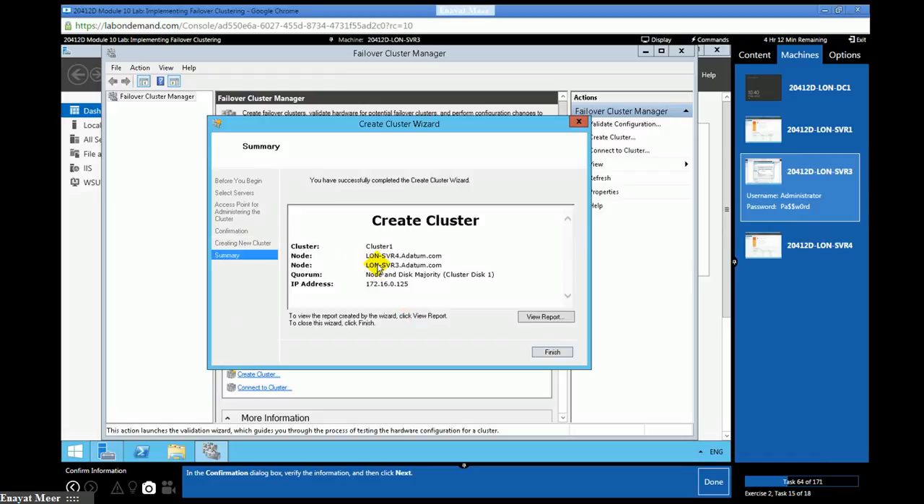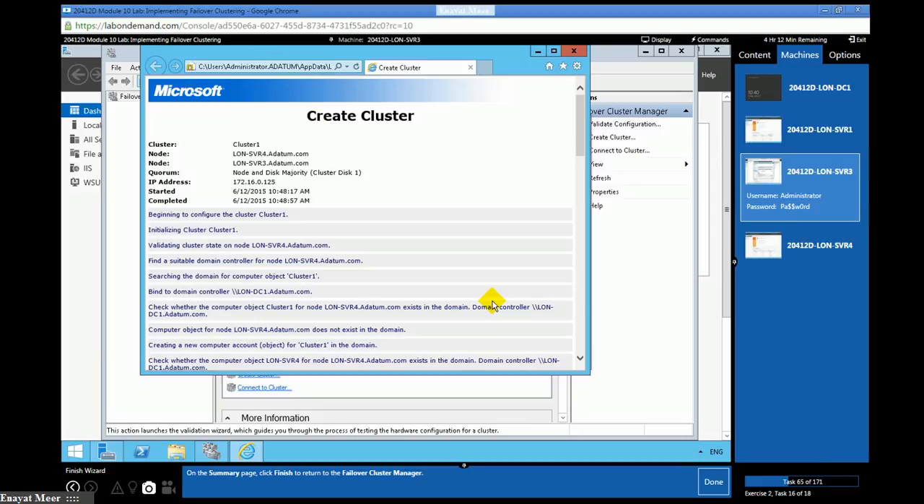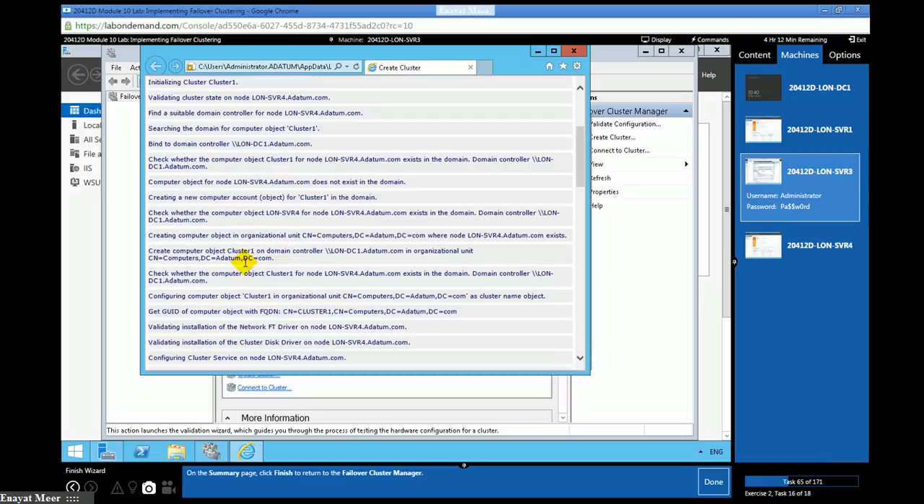Alright, so we have this Cluster 1 for SVR4 and SVR3, and keep in mind the cluster IP address, which is 172.16.0.125. Here you can review a report, and you can scroll down and look at the nodes in this cluster. Cluster 1 has two nodes, SVR4 and SVR3. Because we had three disks there, you will see that the third disk will be used as